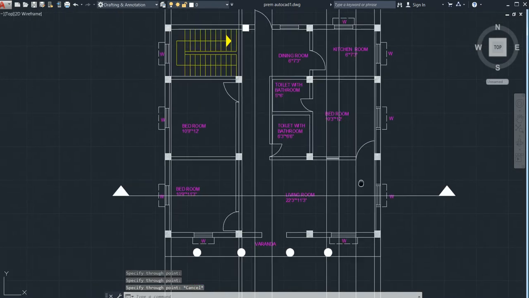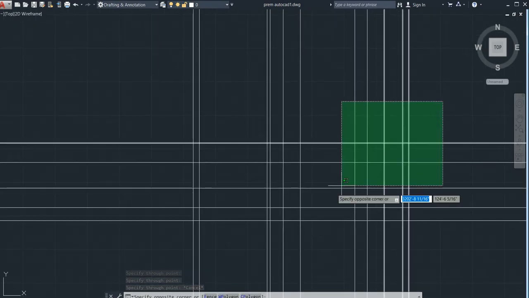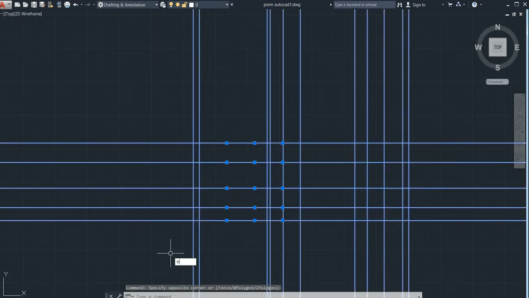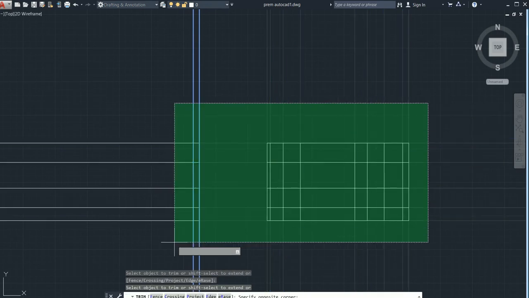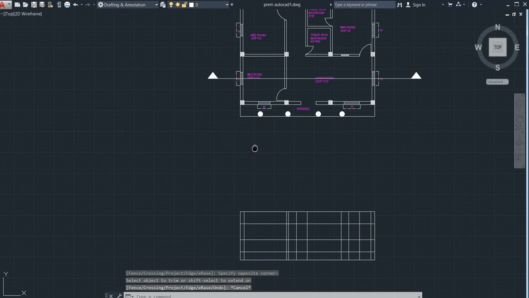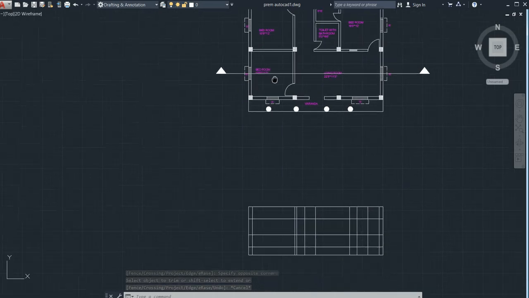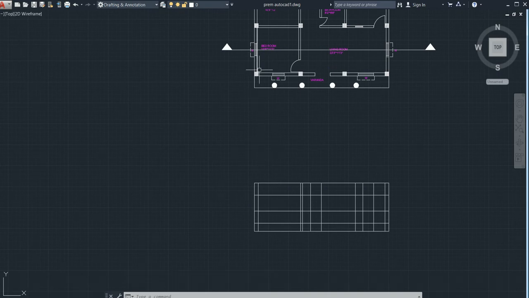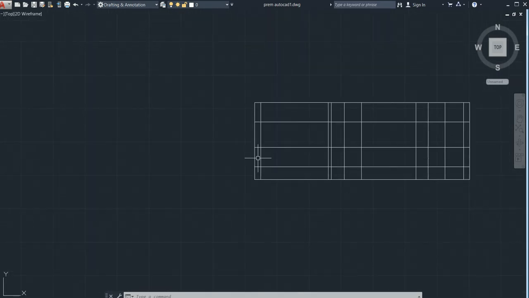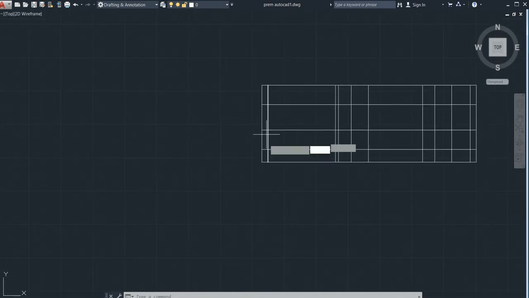Escape it. Now just select all of this, go for the trim command. Once again do it like this, you can trim all these extra lines. After that, you can see here there is nothing, but here there is a window in this. So go for the line command.